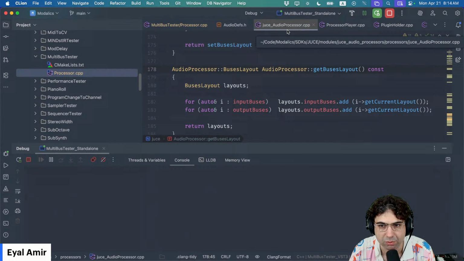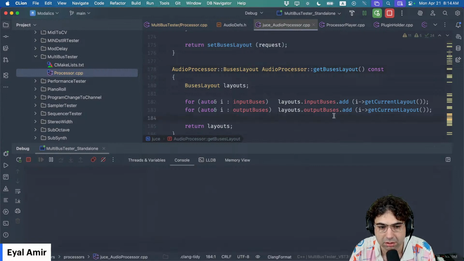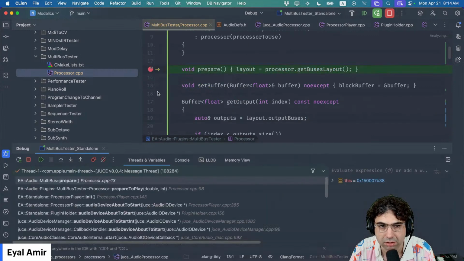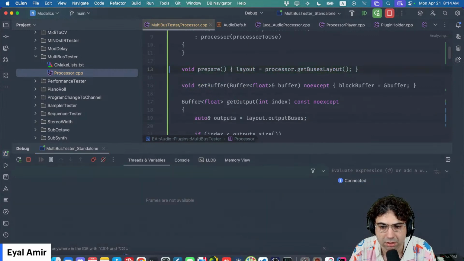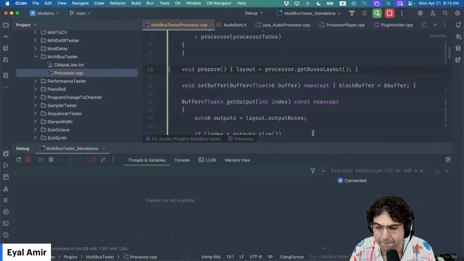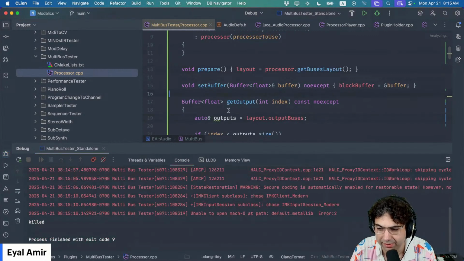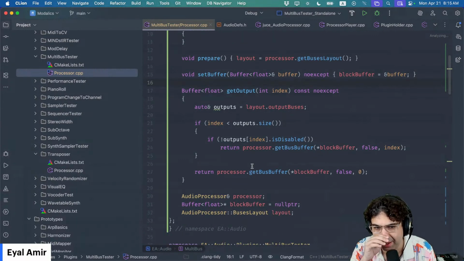Let's see if the standalone is working correctly. Okay, the standalone doesn't. So my standalone does report the disabled outputs correctly, but I think that